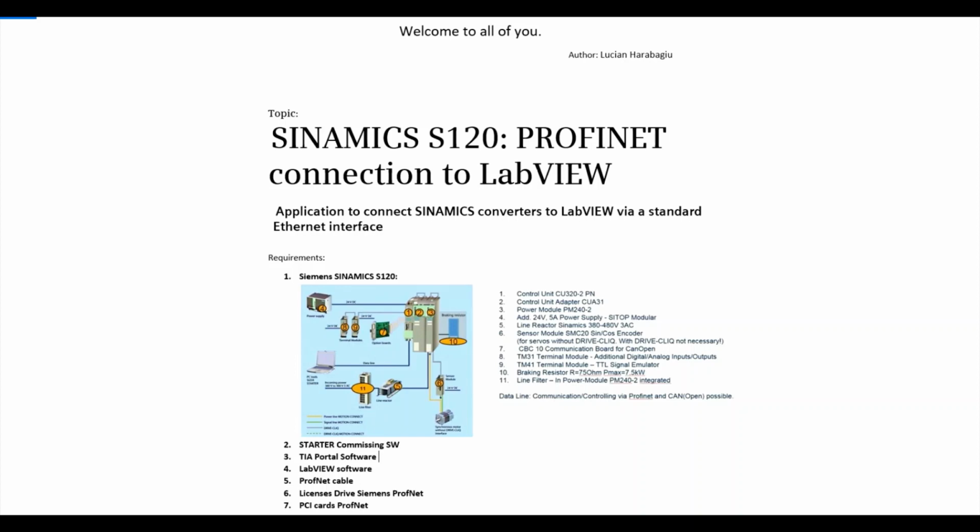In this video, I want to share an example of SINAMICS S120 PROFINET connection to LabVIEW. The most important advantage of this application is flexibility and friendly user interface, which can be used easily for different applications, where the request is for highly precise speed ramp, position and torque control of the Siemens servo